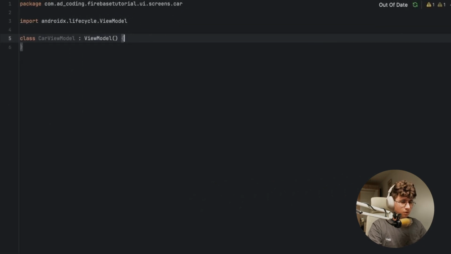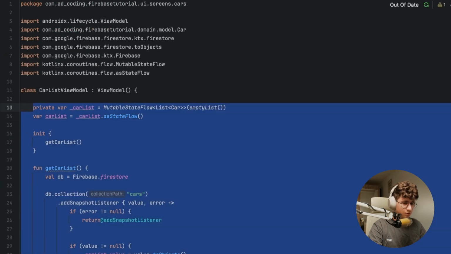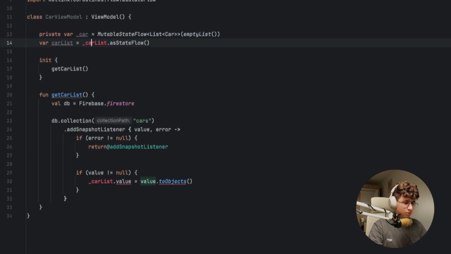So we'll simply have almost the same logic, so let's copy these ones and paste them here, but this will be called car, not car list. It will simply have a mutable state of a nullable car, so by default we pass null, and here we change the get car